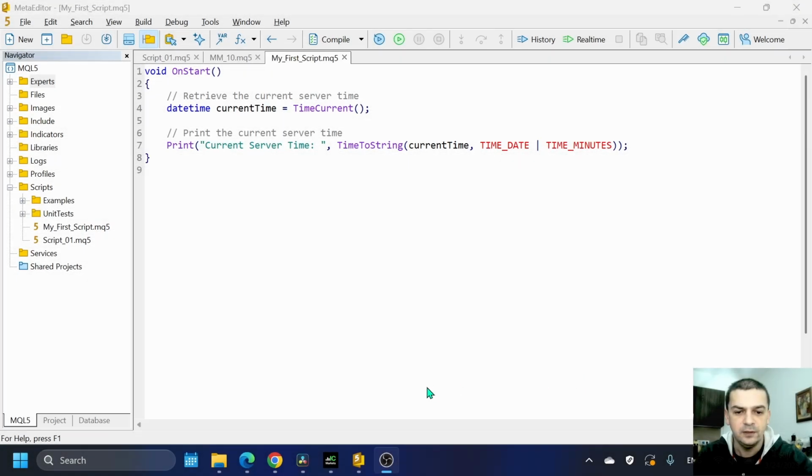Hello everyone, in this video I'm going to demonstrate how to find the current server time using the function TimeCurrent. In this case I'm defining a variable named current time. It's going to hold this information, and here is the print statement. I'm using this function to convert the time to string, passing the current time as parameter and converting it to